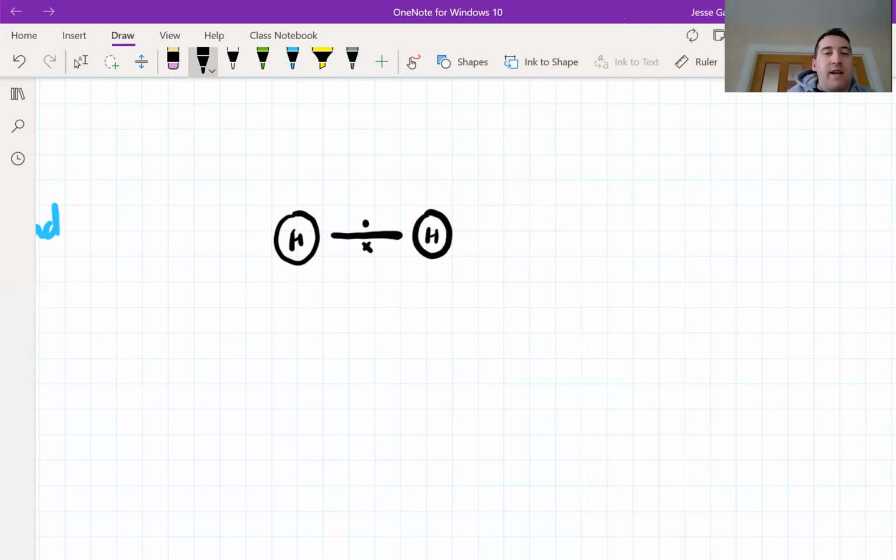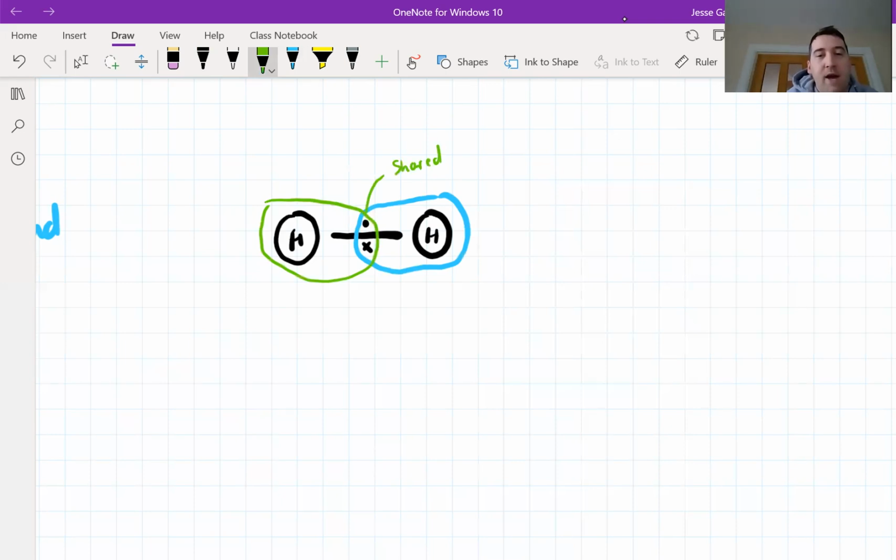Now, if you consider for a second each atom, we could say that this atom here now has a share of 2 electrons. It doesn't have the 2 of them to itself, but has a share of the 2 of them. And this atom here also has a share of 2 electrons. So what we actually call these 2 electrons is a shared pair of electrons. That's what the bond represents. Each of these is an electron, and the pair of them are shared in between. And every time you see a bond drawn with a line like this in chemistry, we're talking about a shared